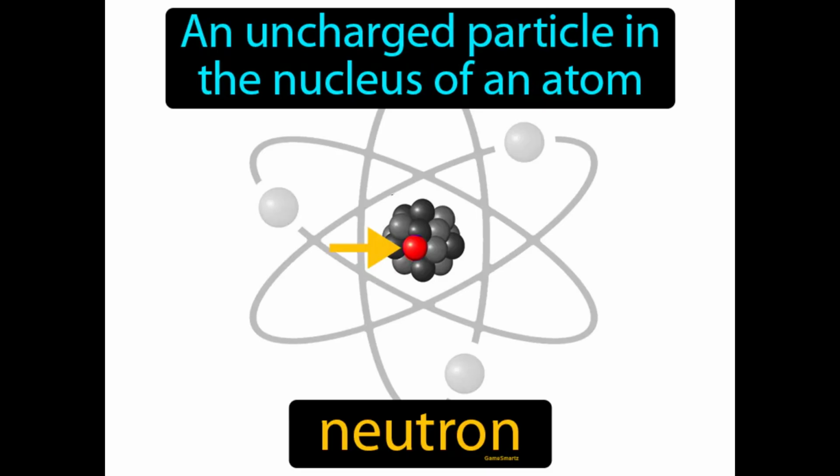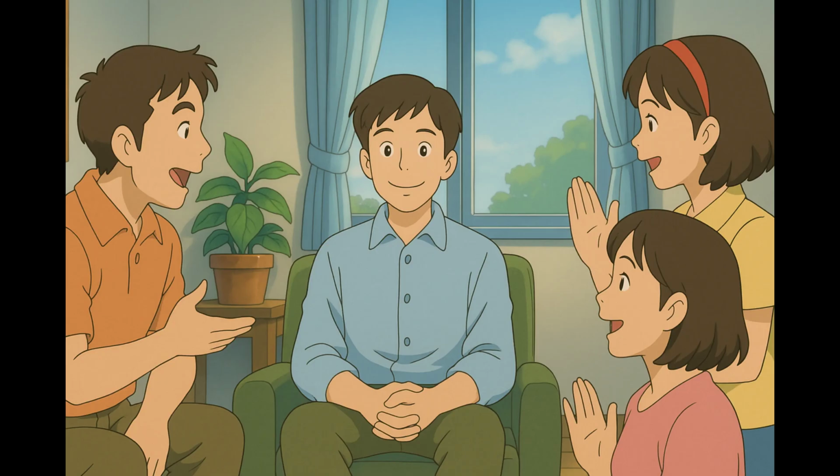An uncharged particle in the nucleus of an atom. Neutron. A neutron is a subatomic particle found in the nucleus of an atom that has no electrical charge. Imagine you're at a party where everyone has strong opinions, but you're the one person who stays neutral and doesn't take sides. Just like you at that party, a neutron is a particle in the nucleus of an atom that